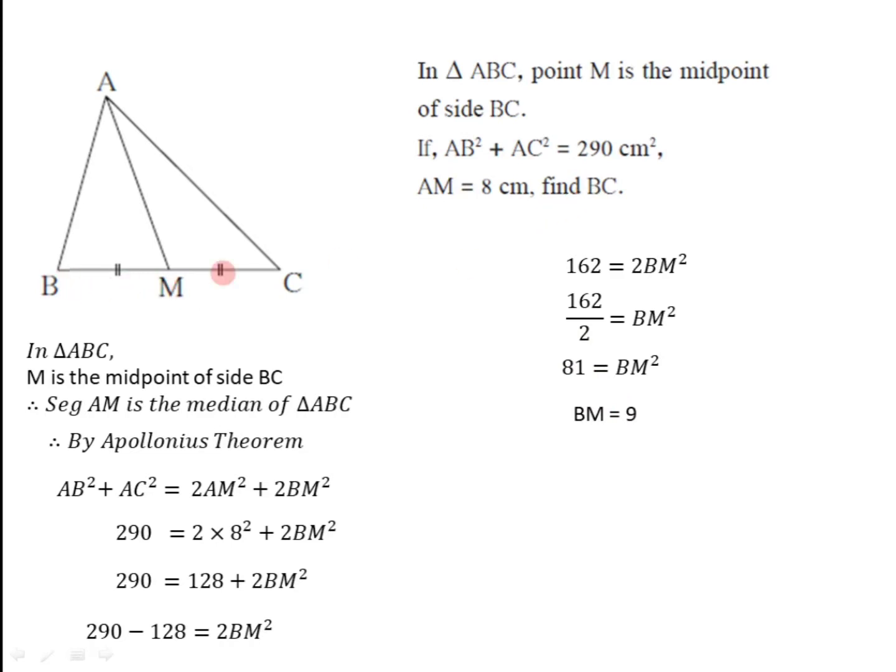We have to find BC. So we have to use the relation between BM and BC, as point M is the midpoint of side BC, that is segment AM is the median. That's why point M is the midpoint of segment BC. So we can write BM is equal to half of BC. So we have just found the value of BM. We'll substitute here. 9 is equal to half of BC. We take 1/2 to the left hand side. It will be in the numerator. That is 9 into 2, 18 is equal to BC. That is BC is equal to 18. So this is the length of segment BC. BC is equal to 18 centimeter.